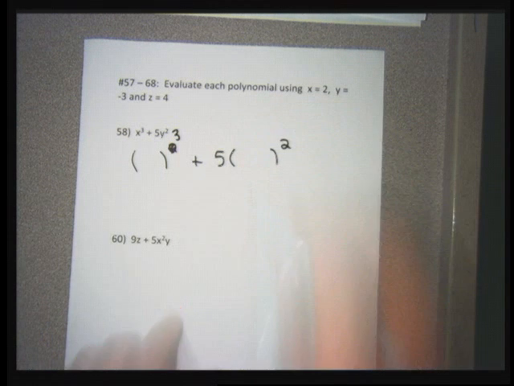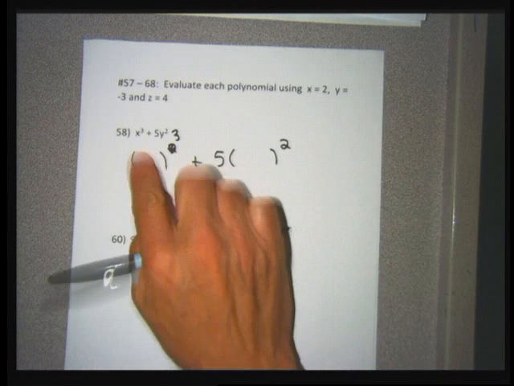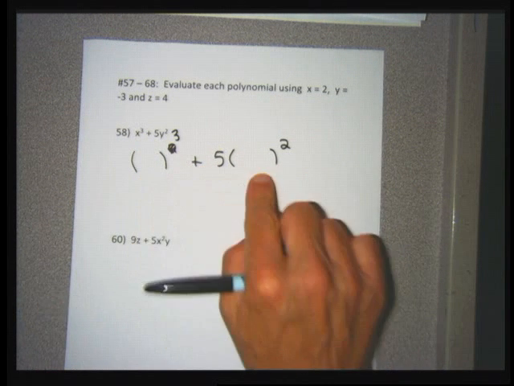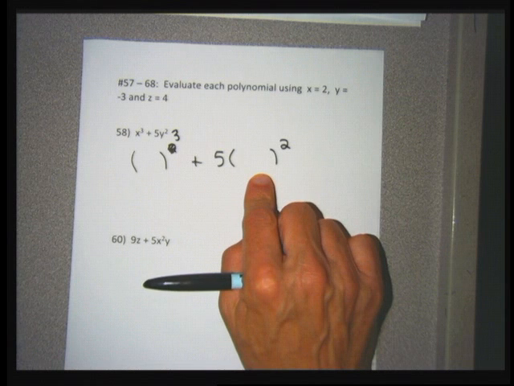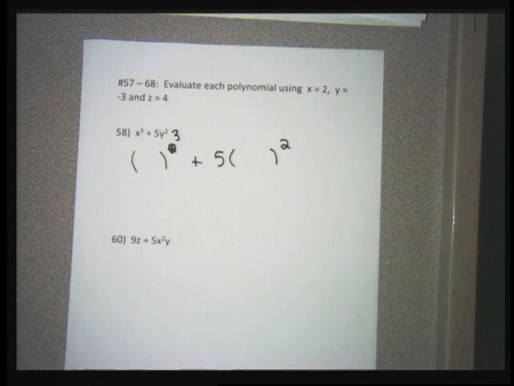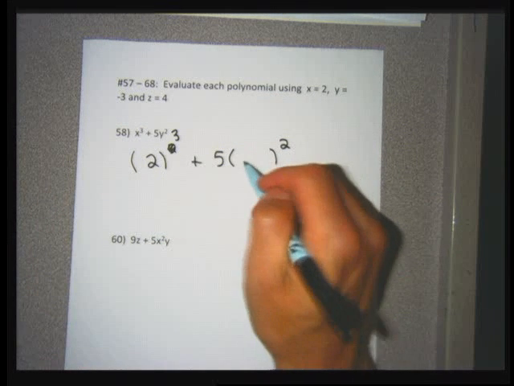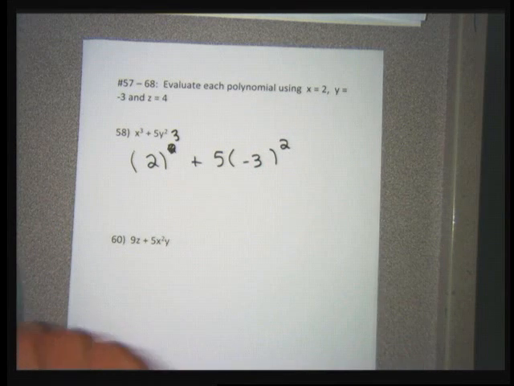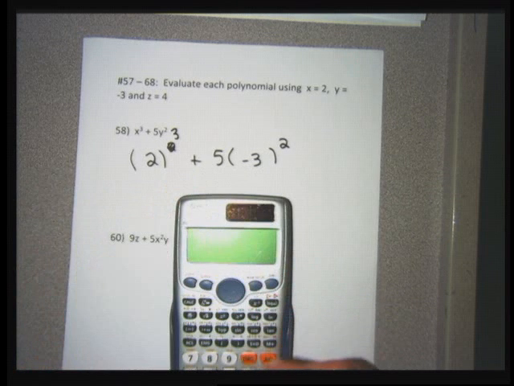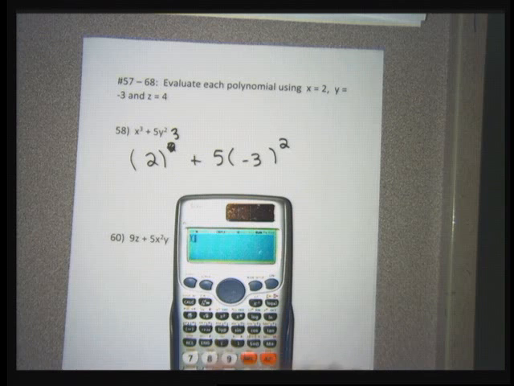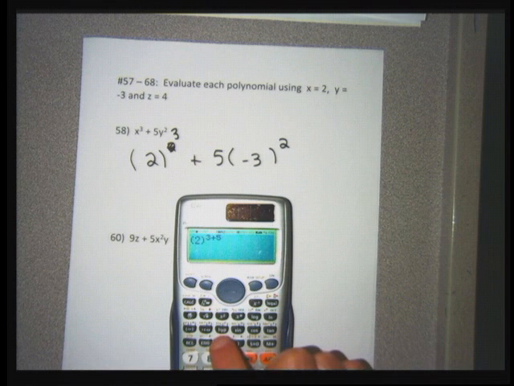So I'm going to take out the x, put a parentheses where the x was, take out the y, put a parentheses where the y was. Now I'm going to evaluate using x equal to 2 and y equal to negative 3. I know my orders of operations well enough that I can do this pretty nicely, but if you're not good with your orders of operations, you could just do parentheses 2 exponent 3 plus 5 parentheses,